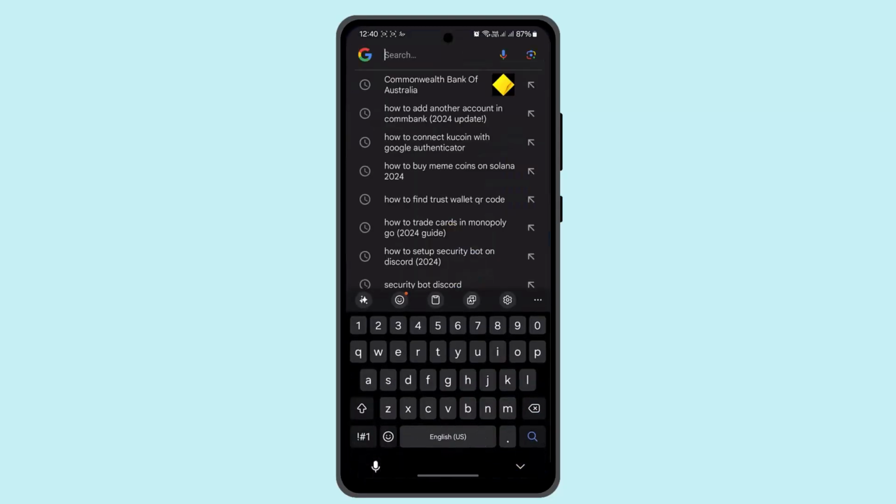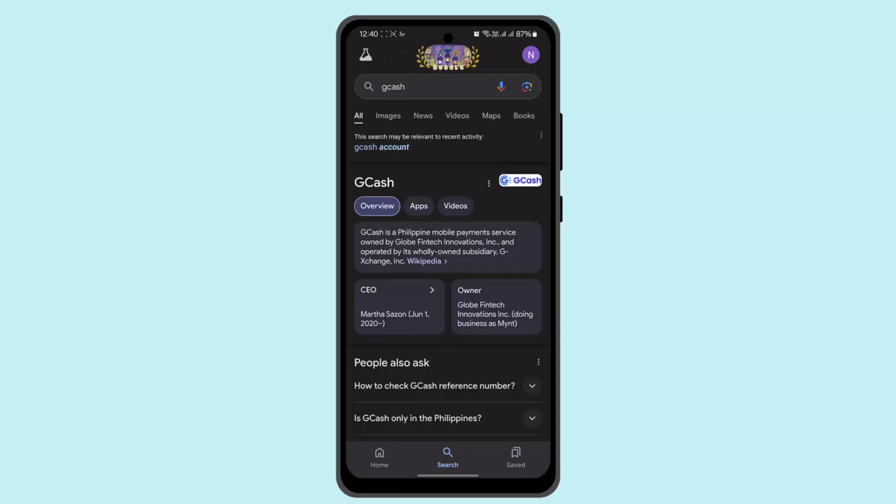Now, first of all, let's understand what is actually a reference number. A reference number is a unique identification number that is assigned to each transaction made with GCash, and it is used to track and verify the transaction, ensuring that it is legitimate and that the funds have been